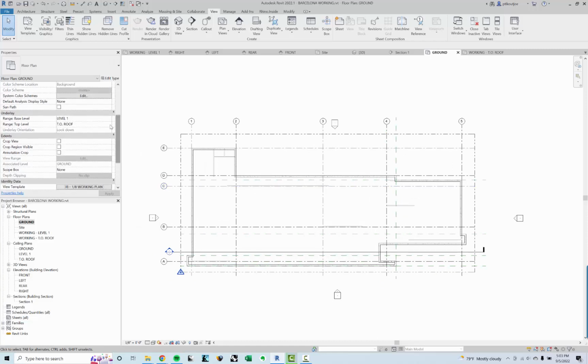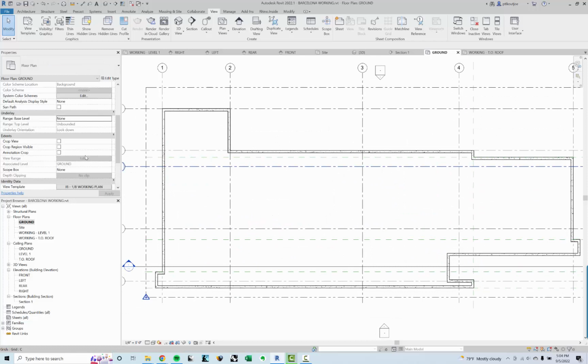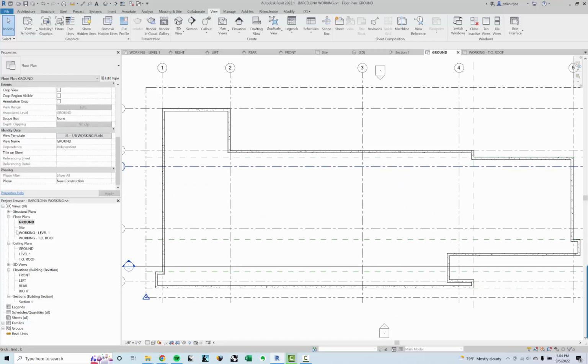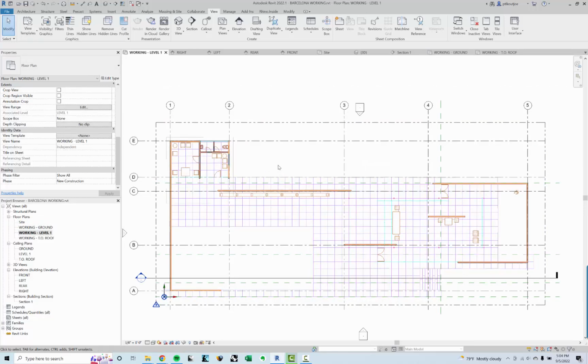I can turn that underlay off for now if I want to, so I don't see that. That was good reference, and I can turn those on and off. They're independent of the view template. But I'm going to then again call this working ground. All right. Now I need finished plans because this is nice for me to be able to trace over,